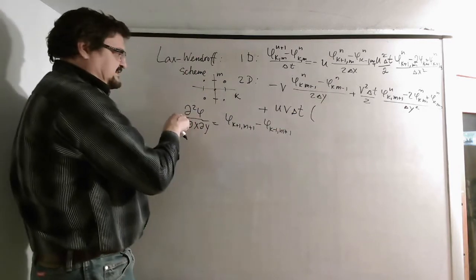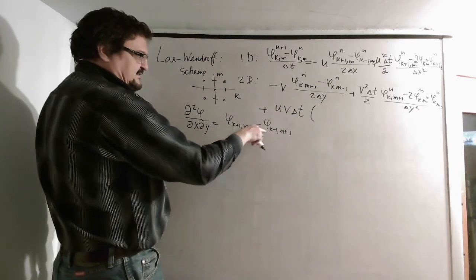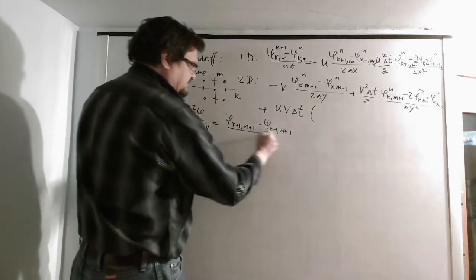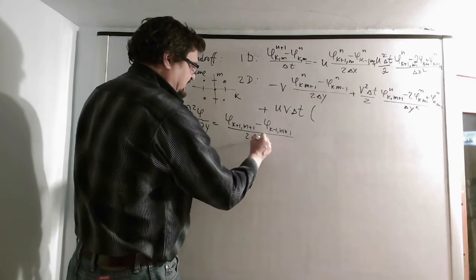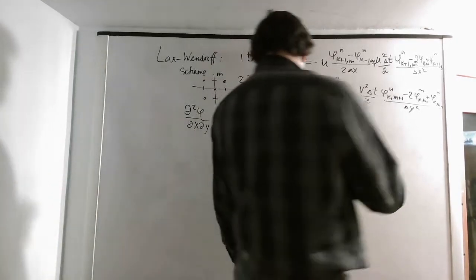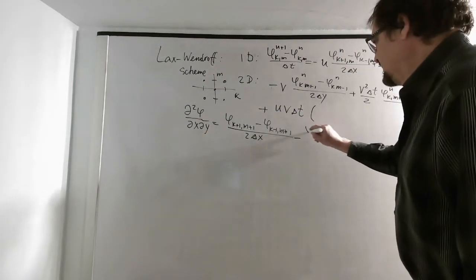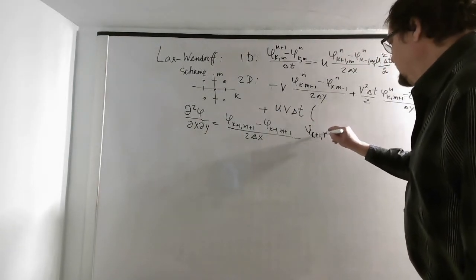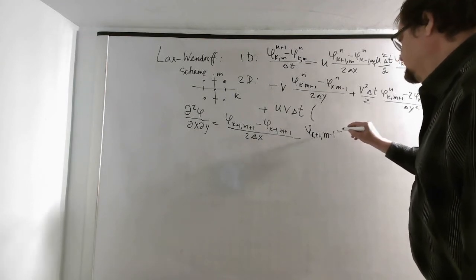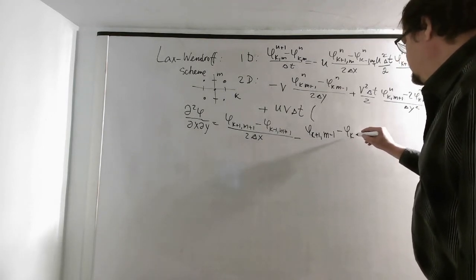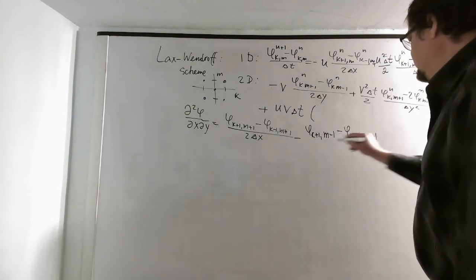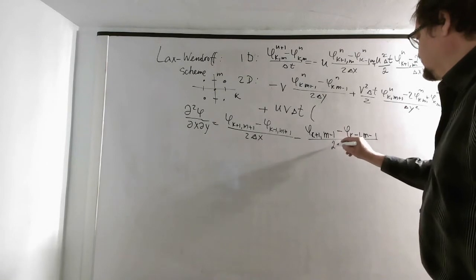This is d dx, divided by 2 delta x, and minus, and now you make a derivative in y, so minus phi k plus 1 m minus 1 minus phi k minus 1 m minus 1, divided by 2 delta y,